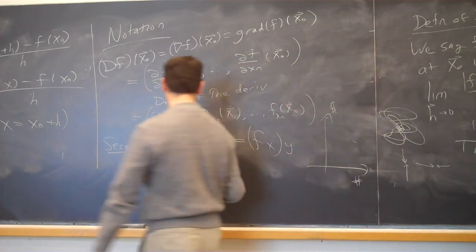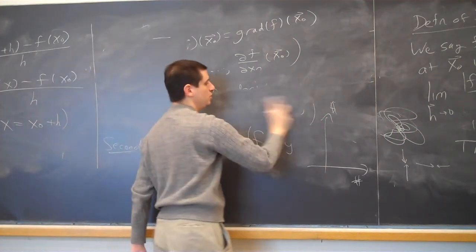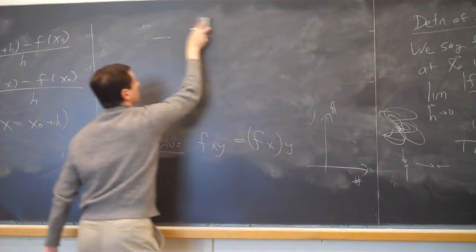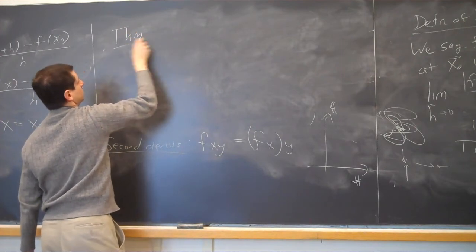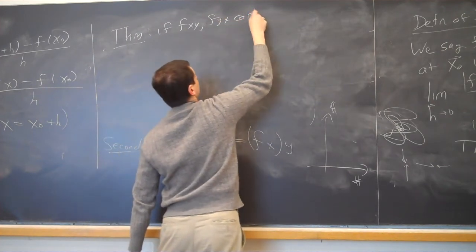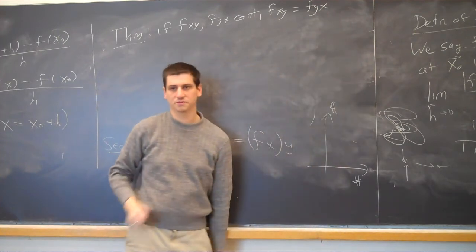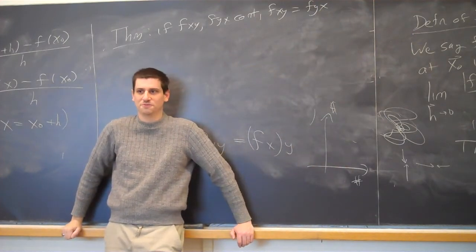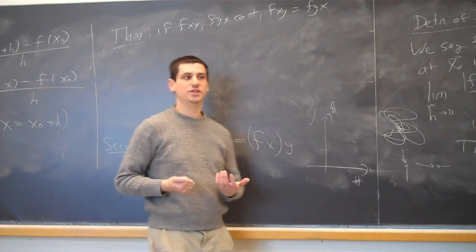The big theorem is the following. Under certain conditions, the order doesn't matter, and they're the same. I've given a proof of this in the notes to this chapter. So, theorem: if fxy and fyx are continuous, fxy equals fyx. I love this theorem. It means I don't have to remember the notation. Is every function going to be so nice that the derivatives exist and are continuous? No. But if they exist and are continuous, bless you, then you're in great shape.